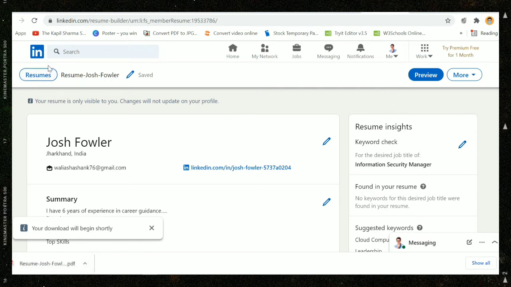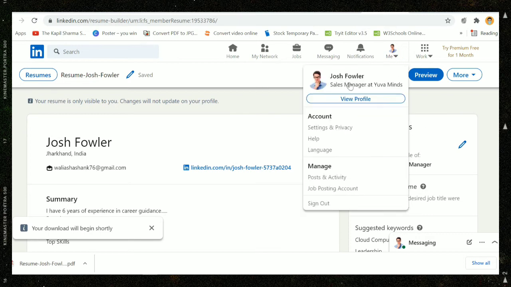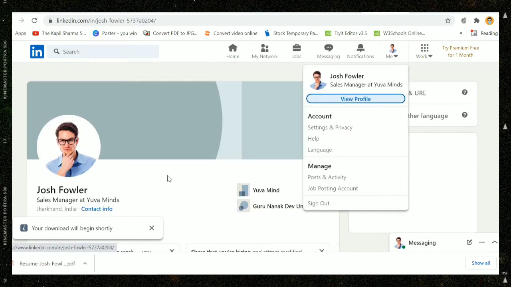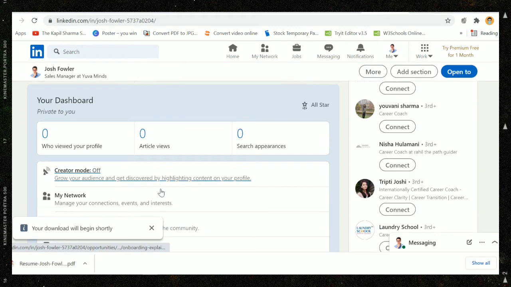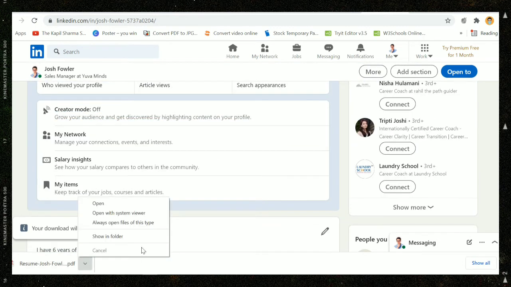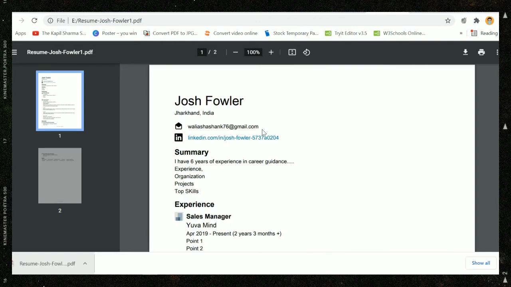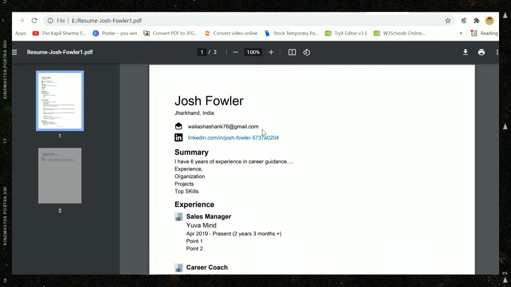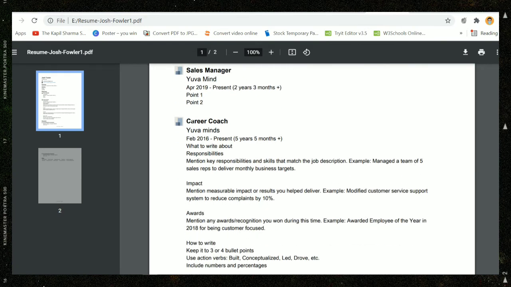Simply go back to your profile section, right? View profile, and now I want you to go to this file which you have just created, because you have followed all the professional tips which LinkedIn has given you. So just copy whatever content you have added here, right?